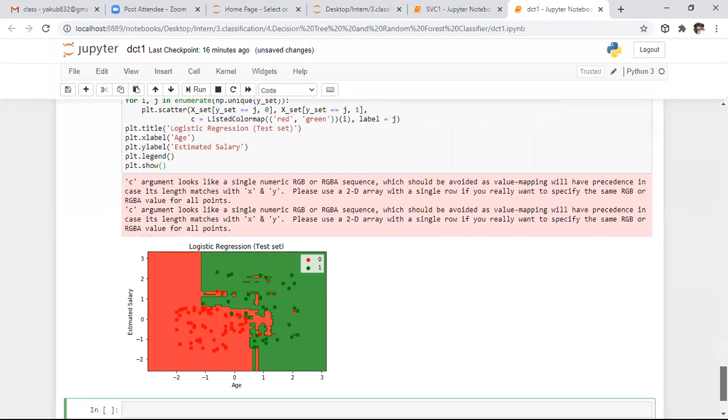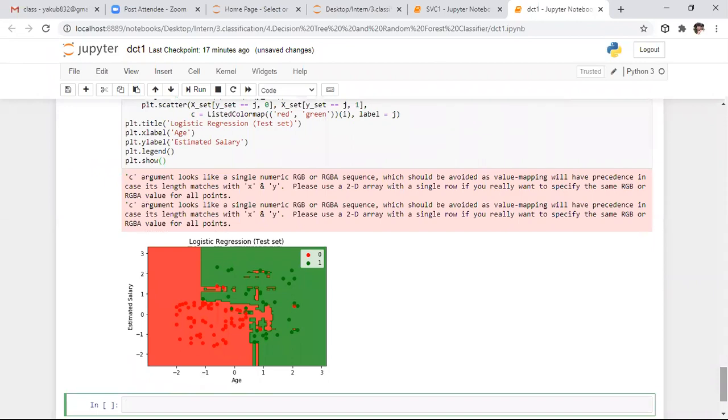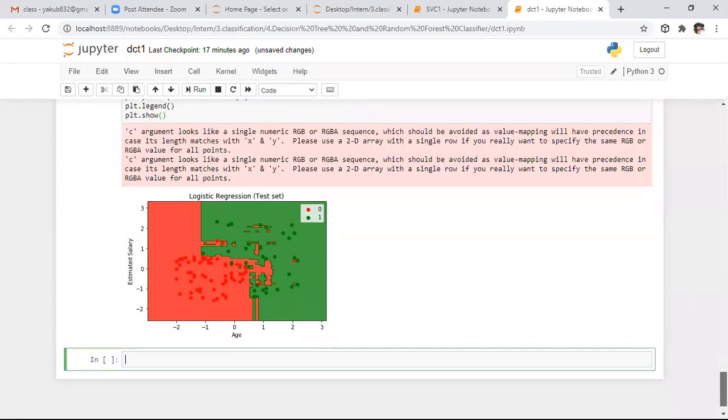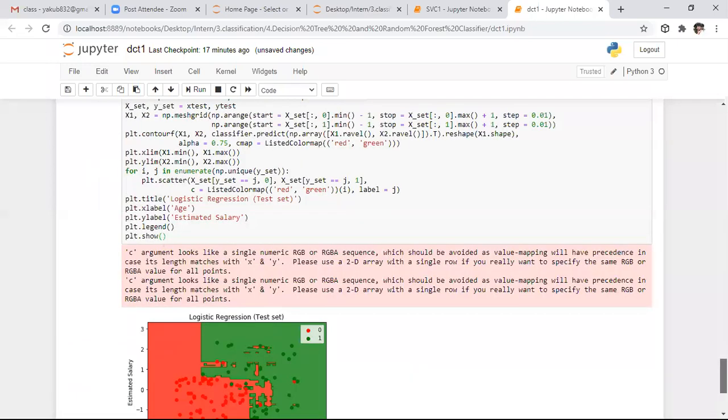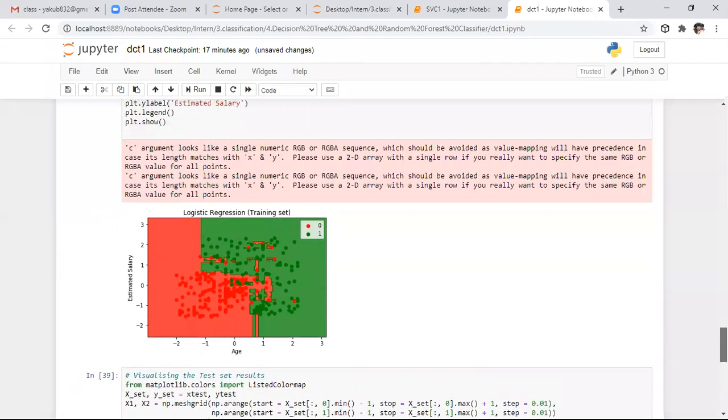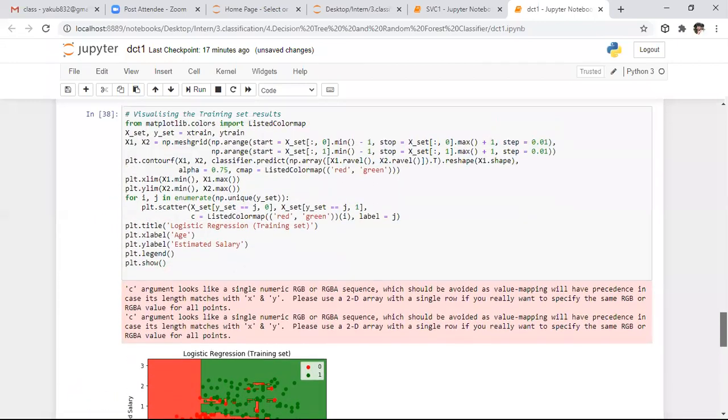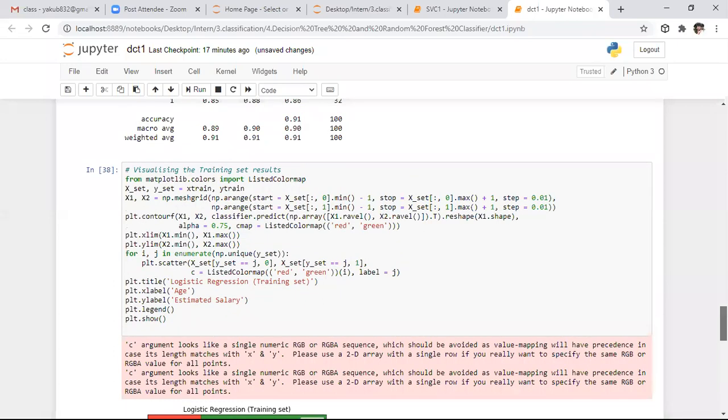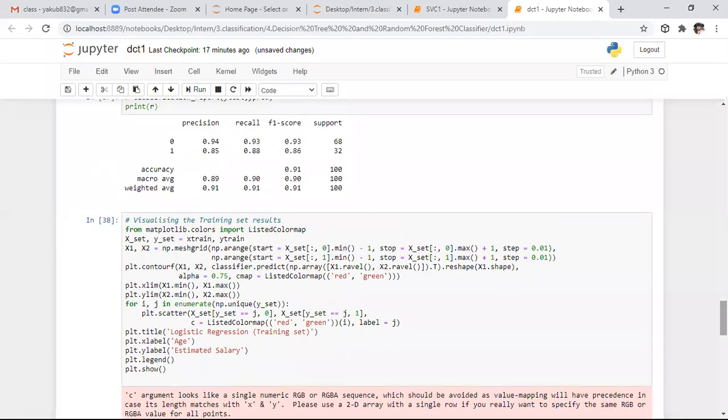To avoid that problem, we have two techniques, that is nothing but pruning techniques. One is post pruning, another one is pre pruning. I did not explain that here, so go through the PDF, and you will get to know what is pre pruning as well as what is post pruning. To avoid the overfitting problem in the decision tree algorithm, we have pruning techniques. So it is about the decision tree algorithm.